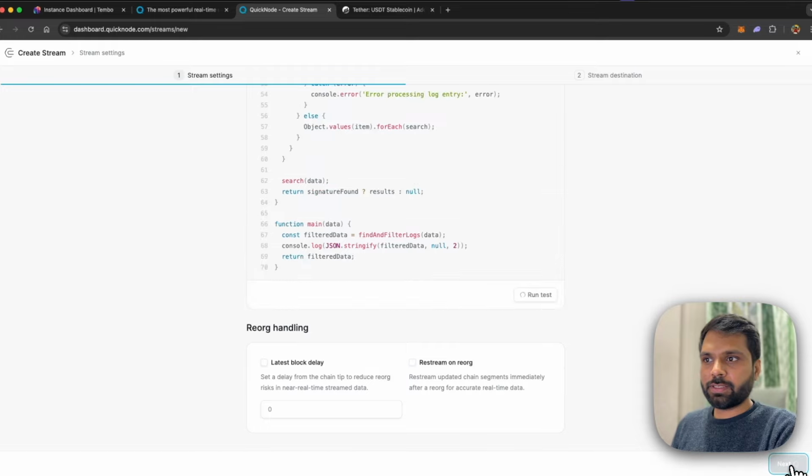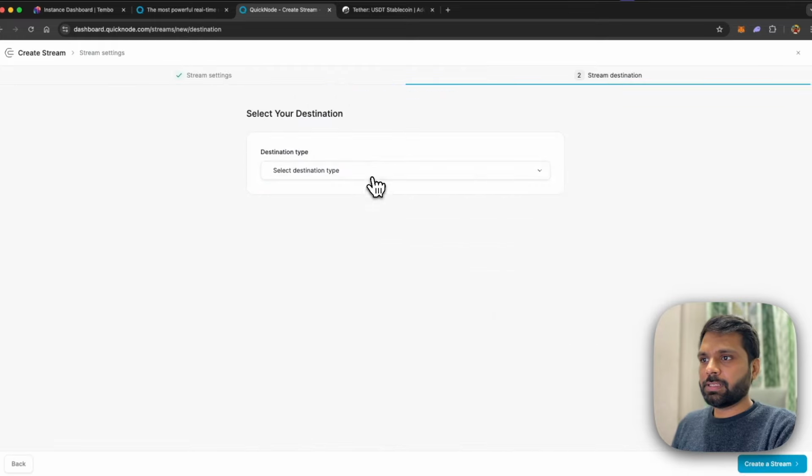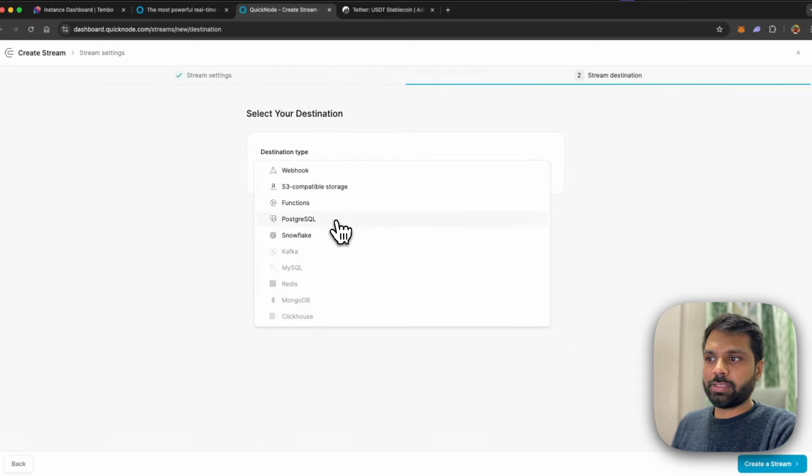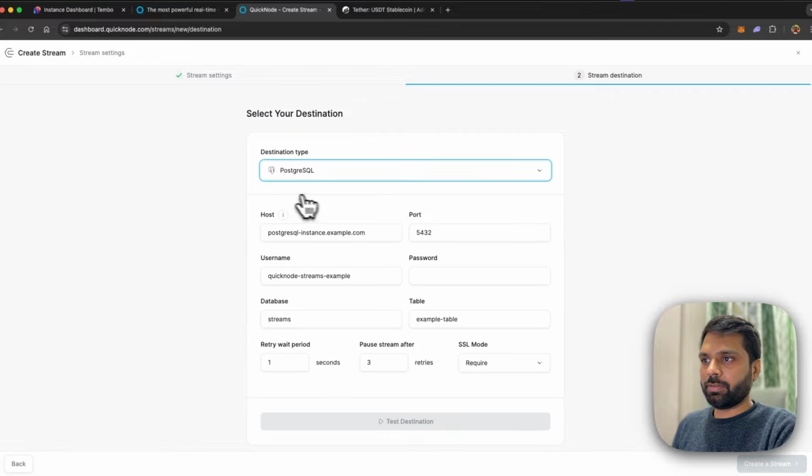Then click on next and select a destination type. In our case, it will be PostgreSQL, but you can select an AWS S3 bucket, a webhook, a Snowflake instance, anything. But for our case, it will be PostgreSQL. And we will get these details